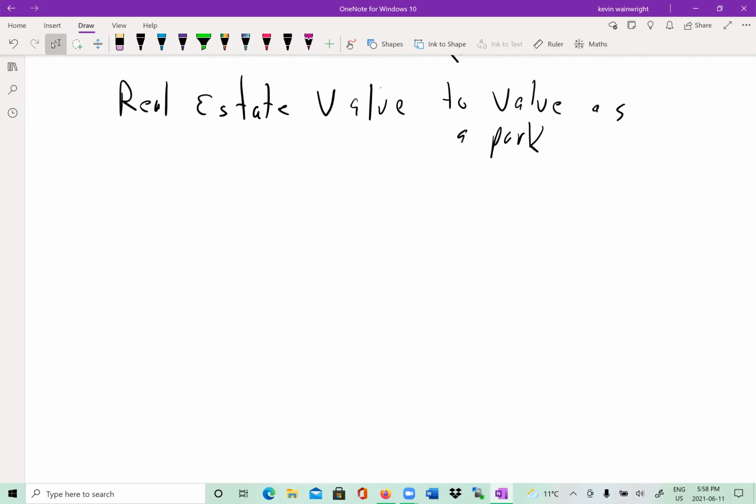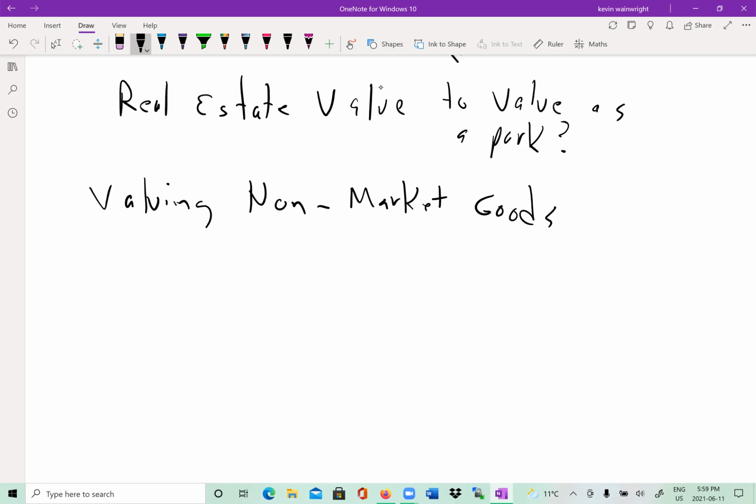Okay. So this gives rise to the question of how do we value non-market goods? Right? And there's different ways that people go about this. Okay, so